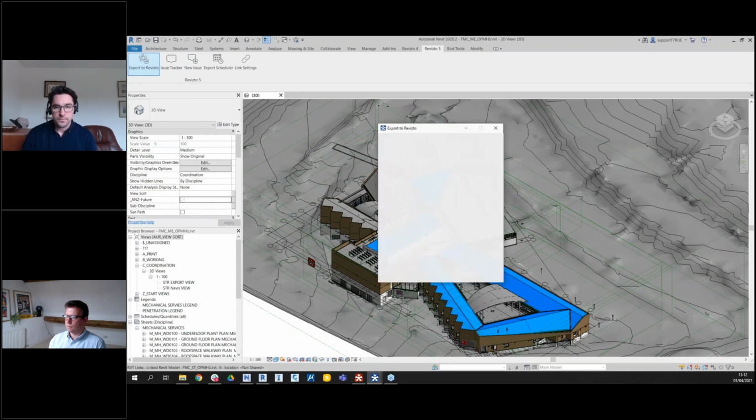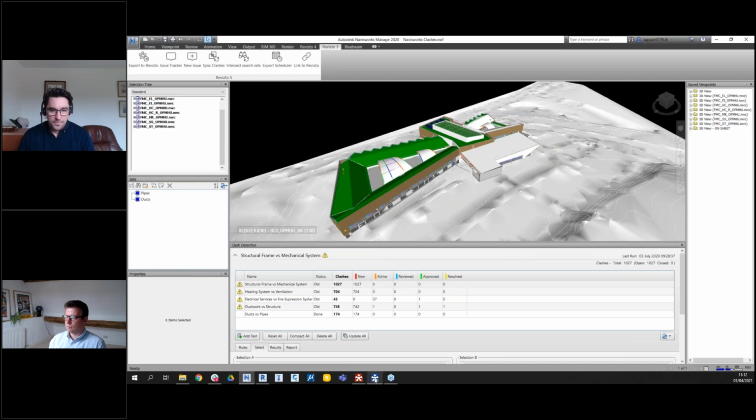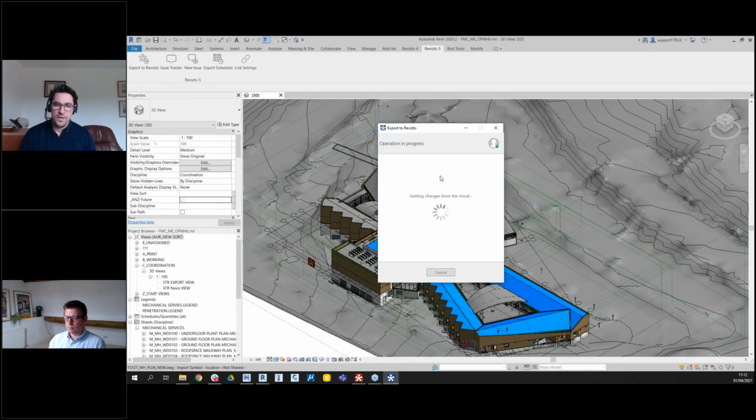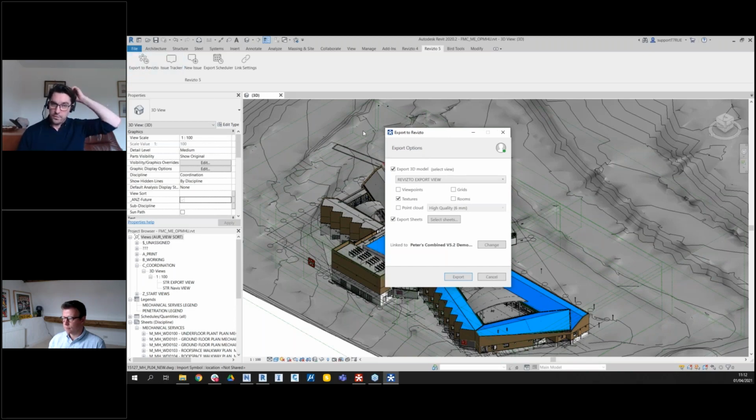You just click on Export to Revizto, and that's locked by another app. Bear with me, I'm just going to close this Navisworks function that I was doing earlier. Let's try that again. So with the plugins, actually, it's a good point to raise there. You can only have one plugin or software connected to Revizto at a time, which isn't a problem normally. Anyway, going back to what we're showing you just now, with the Export to Revizto tool,